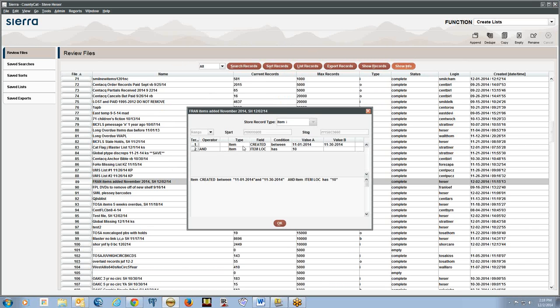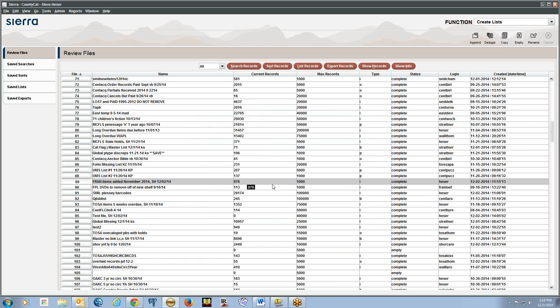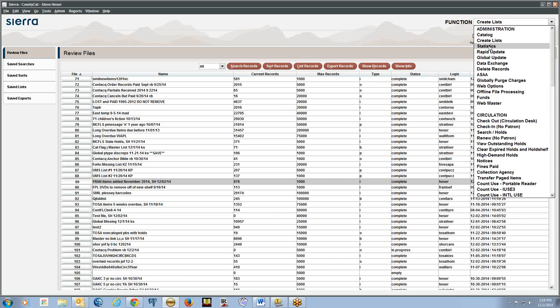And all I did for that was to find all items created between November 1st and November 30th of this year, and these items also have to be owned by Franklin. So that's our basic search here, and we found 876 items that were added to the database during that time period. So if we go back to statistics,